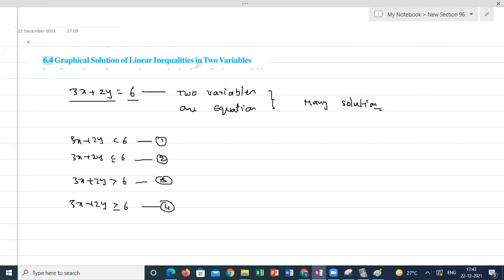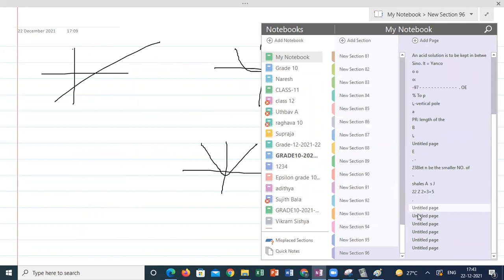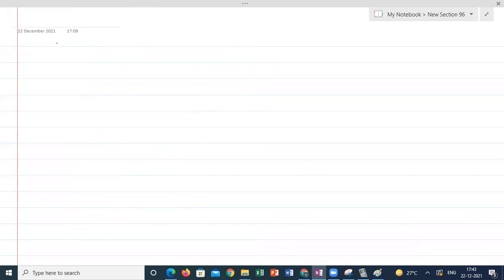So how can we discuss this one? The first step for this expression is to draw the graphical representation of the given expression. Sir, it is less than and greater than, we never know how to. So 3x plus 2y, I'm taking one thing, less than 6. So make it an equation, 3x plus 2y is equal to 6. Assume this is an equation and draw the graph. So if I'm drawing the graph, I will get,